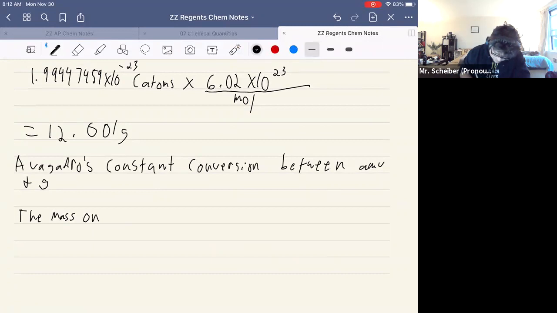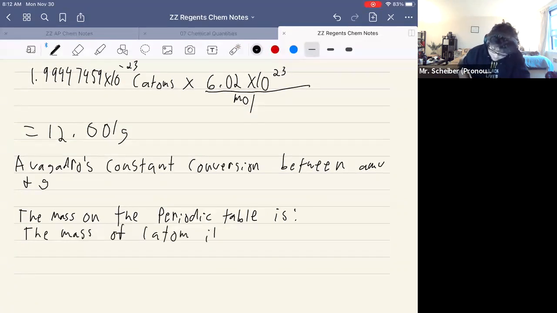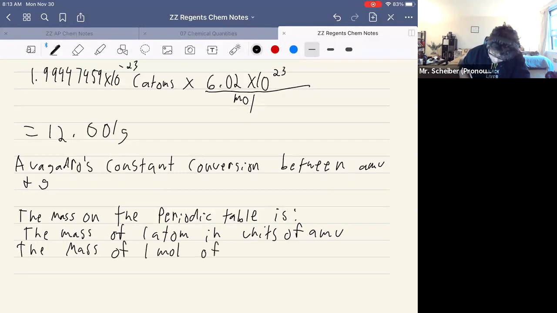The mass on the periodic table is both the mass of one atom in the units of AMU and the mass of 1 mole of atoms in the unit of